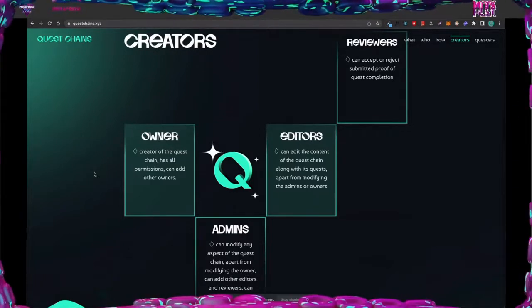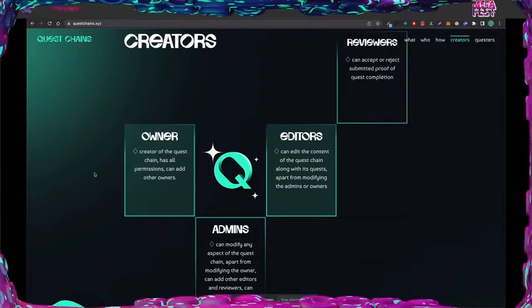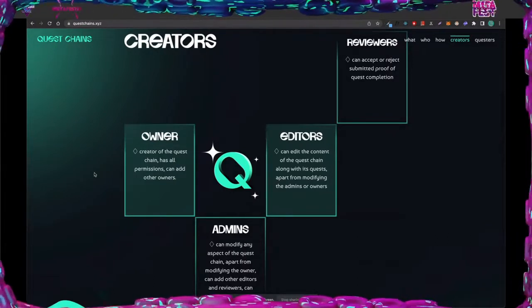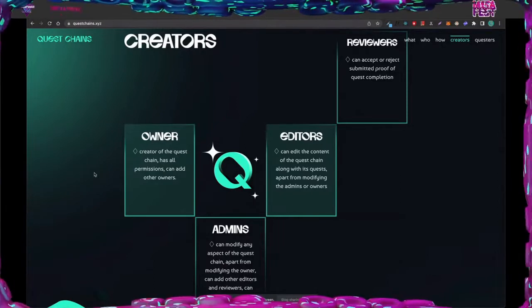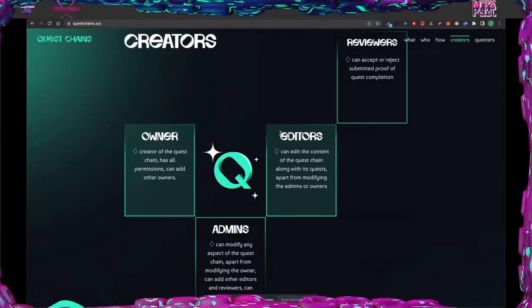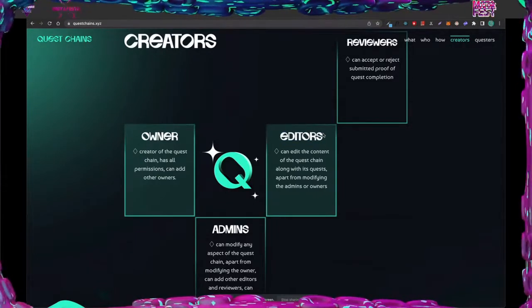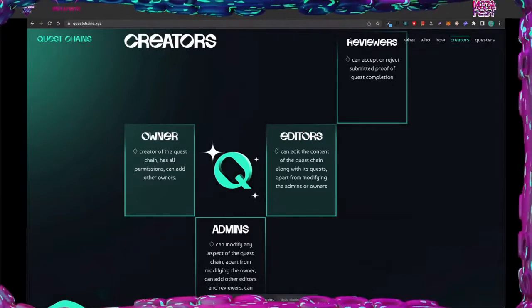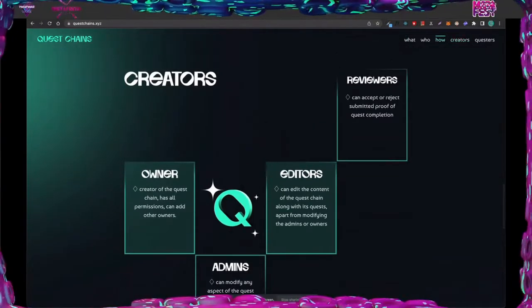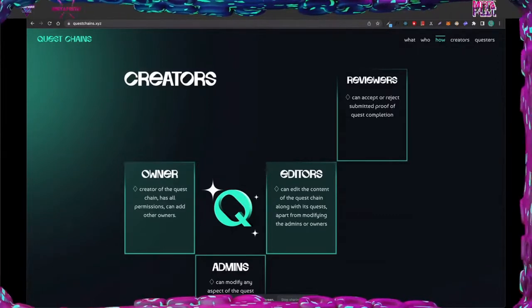All of these roles are bound to addresses, or if they want multiple owners, we just wanted the roles to be as flexible as possible. Then we have editors who are able to, as the name says, edit the quests and quest chains, and reviewers who are only able to review the submissions for quests, meaning they can accept or reject them.